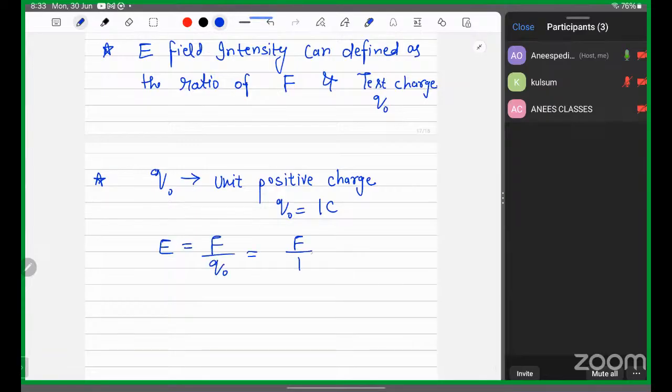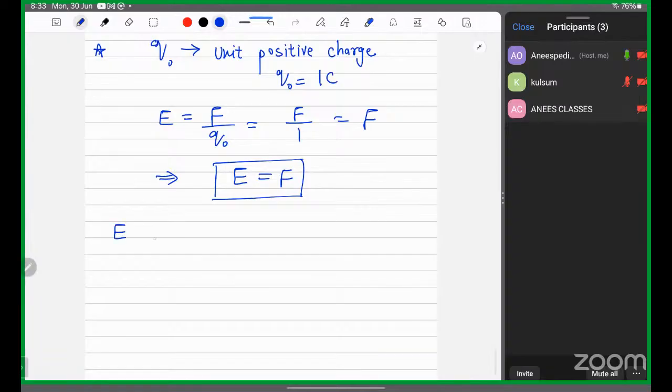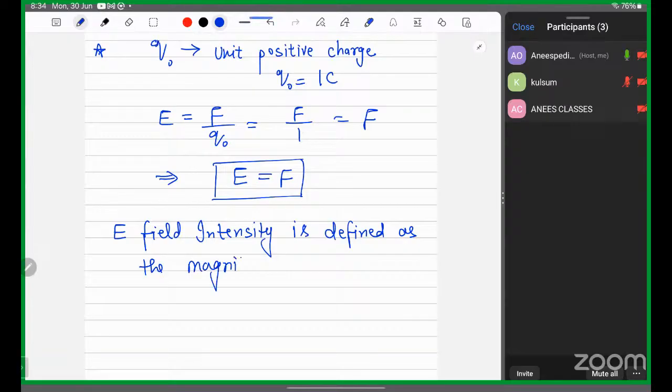So F divided by 1 unit will be F, which implies that electric field E in terms of intensity is nothing but electric force F experienced by 1 coulomb charge. So another definition is given as electric field intensity is defined as the magnitude of force